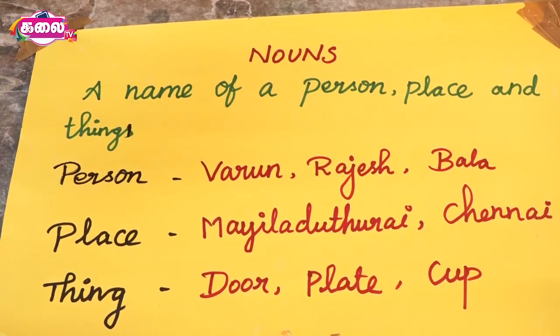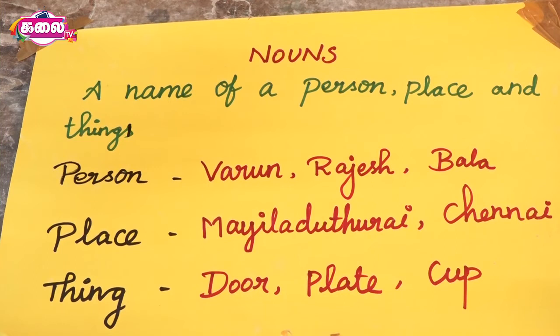Okay students, in this class we learnt vowels and consonants first. What are the vowels? A, E, I, O, U. These letters are called vowels and also the most important letters to form a word.